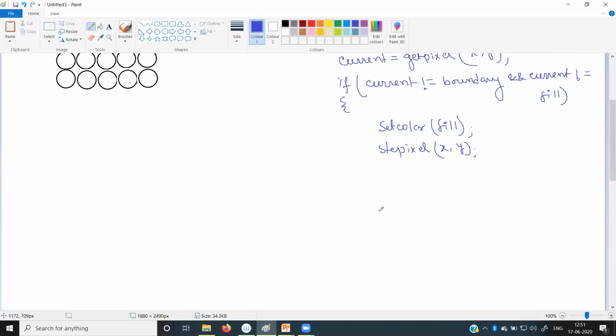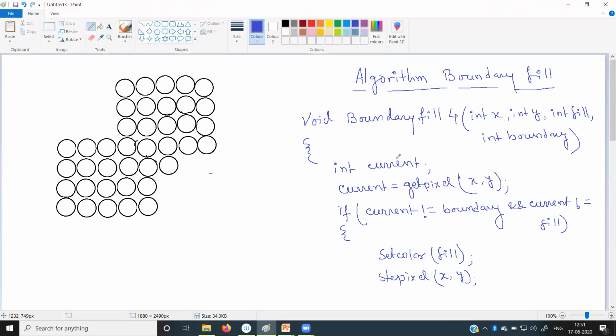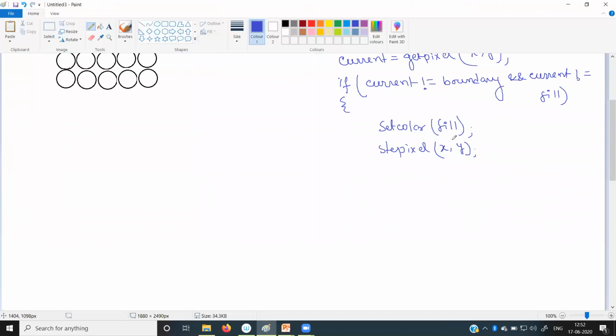Now, as it is four-way connected, we will take the four nearest neighbors and perform the same procedure for all four. To do so, we have to call this function, boundary fill 4, again for the four nearest neighbors.